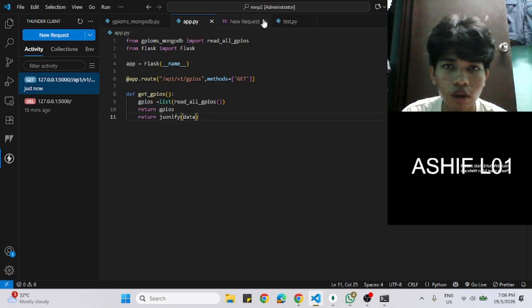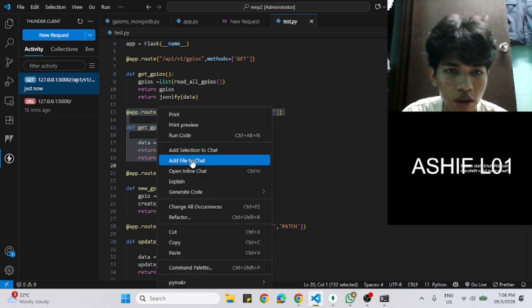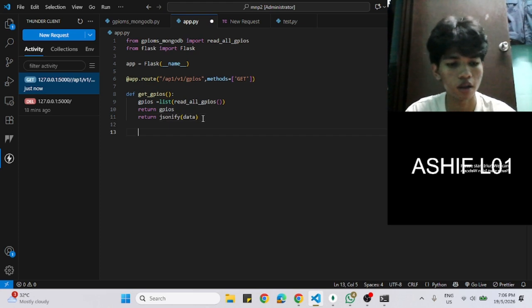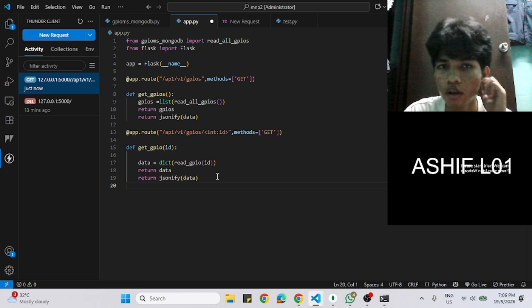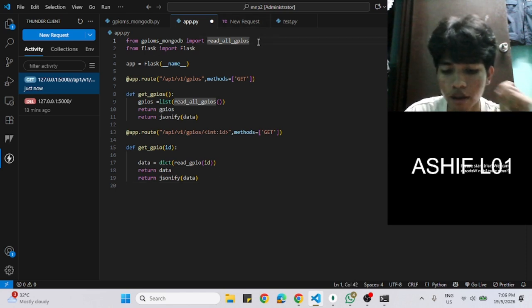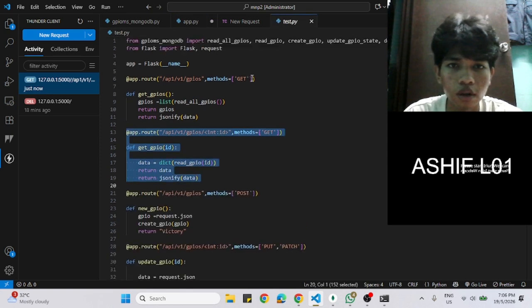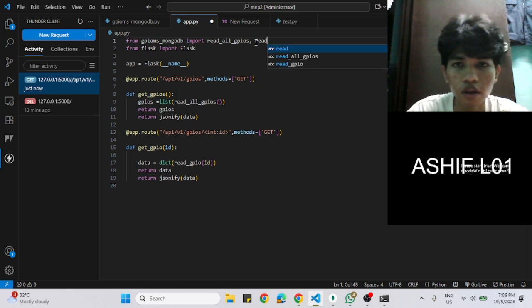So back to our code right here, we just copy this one and then paste it right here at the app. But we need to add what I forgot, read GPIO. Okay,